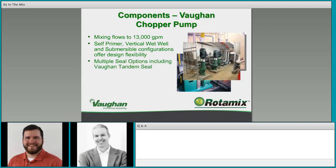We have multiple seal options, including the Vaughan Tandem Seal, which we'll talk about in a little bit. And then we have full or partial stainless steel construction. So if you need a full stainless pump down to the base, for whatever application you have, we can provide that. Or if you just have some corrosion issues where you'd like to look at maybe partial stainless on some key components, that's something that we can facilitate an interchange to really fit the needs of the process and also